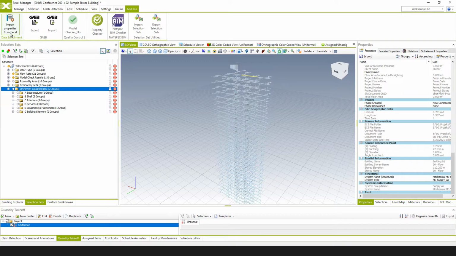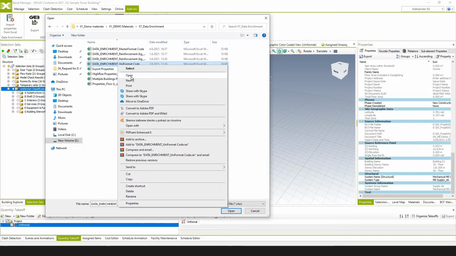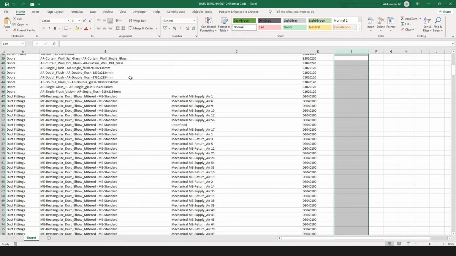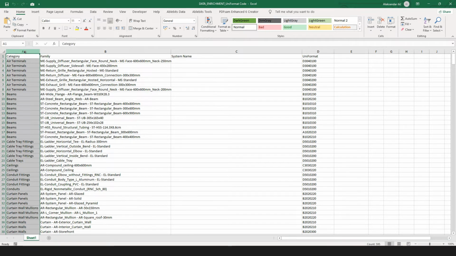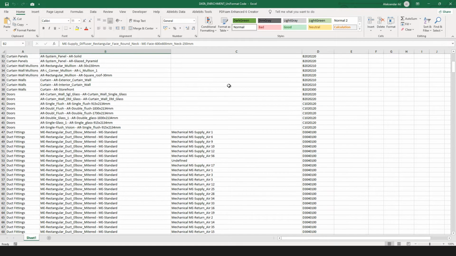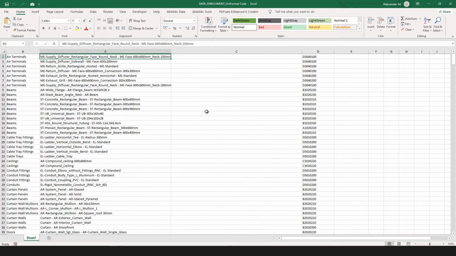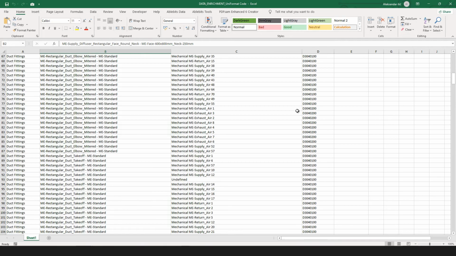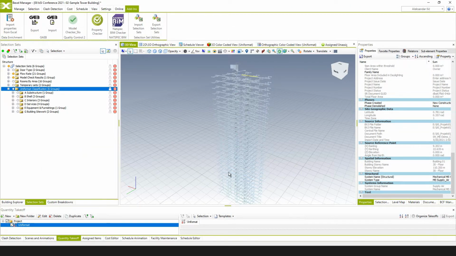It's pretty simple. We're gonna just initialize the import properties from Excel add-in, and we're gonna open the data enrichment configuration file, which actually contains defined rules for model enrichment. That means that model elements with a combination of category, family, and system names for certain elements and certain families should get the corresponding uniformed code. So if we just click open,